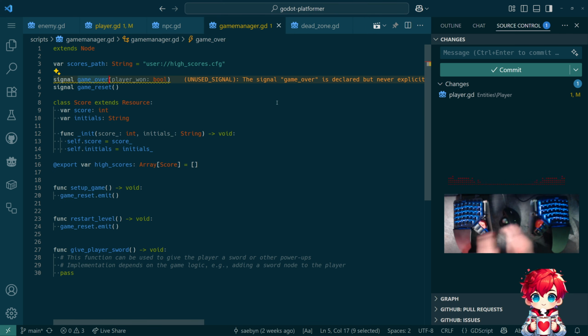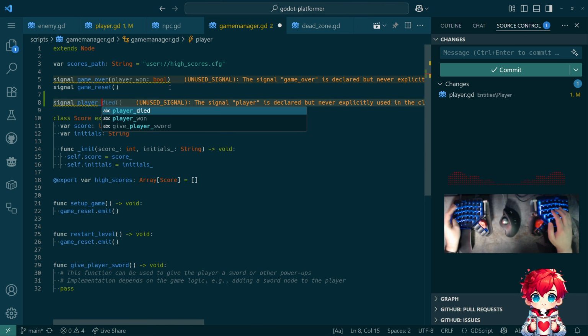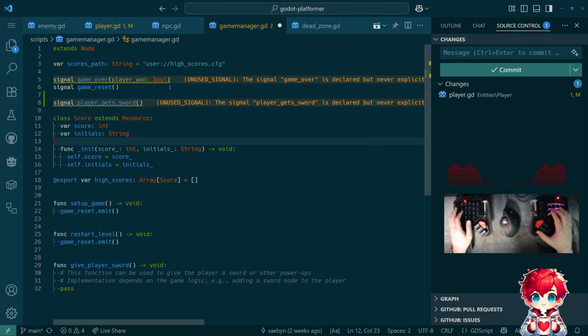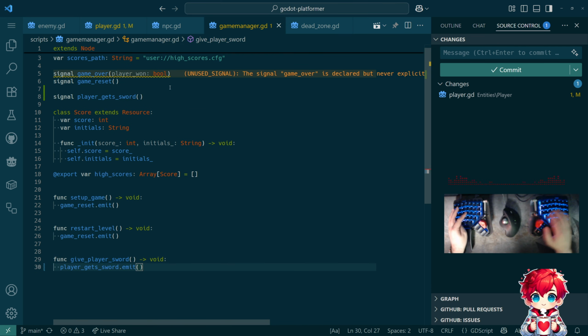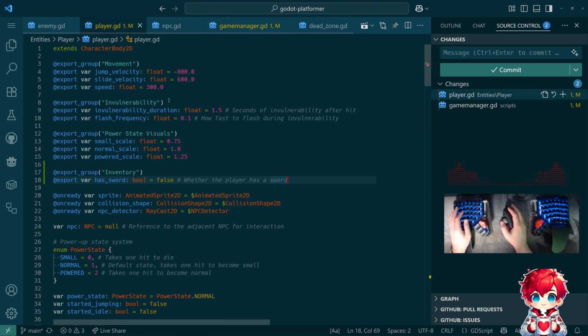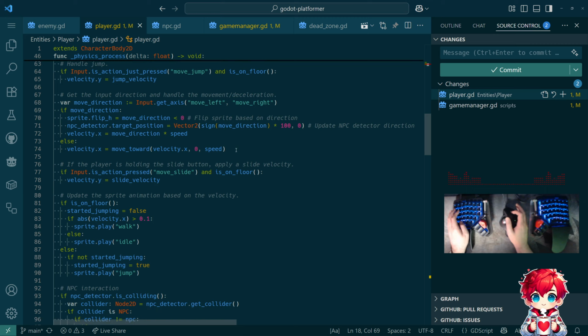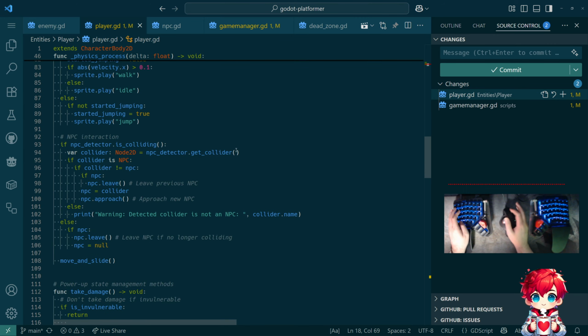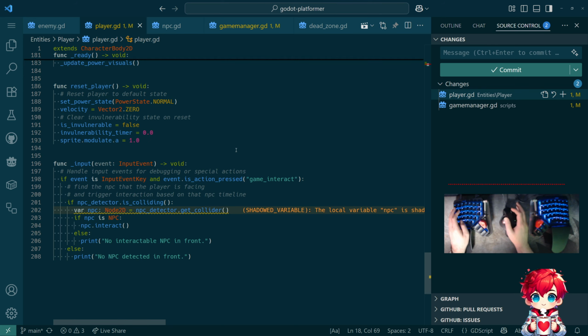I can just make another signal. Yeah, let's add a signal, player gets sword. Yep. That's right. And we emit it. And then the player, we can do various things, but we'll just add a